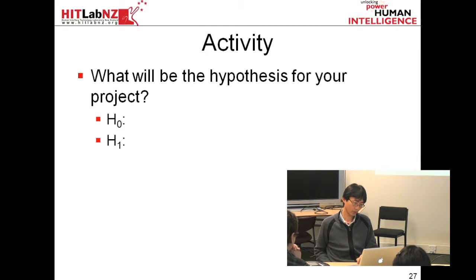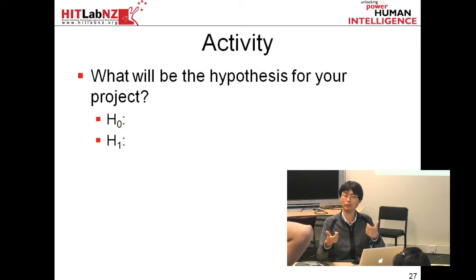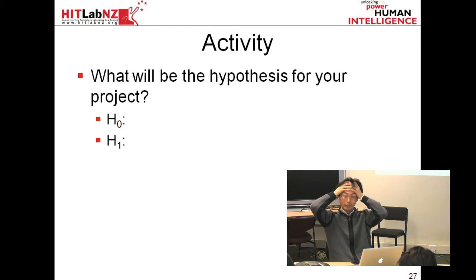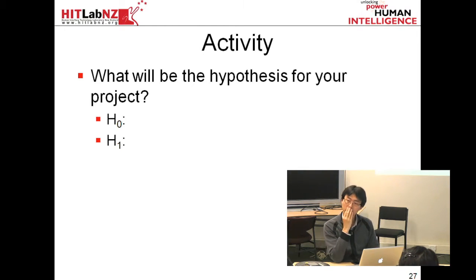So to do some activity, maybe we can think of some examples of hypotheses for our studies, like the robot you're working on, or the app. Use the app. Can you think of some measurements you want to measure when you are testing your app? Let's say you have your old version of the app and you came up with a new version of the app. I guess reaction time, task completion time. So task completion time would be the measurement, and maybe the interface could be the independent variable. And if we formulate the hypothesis,